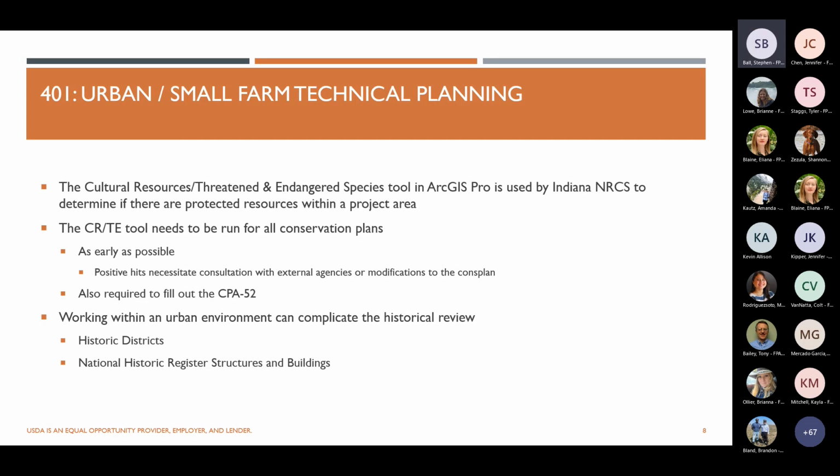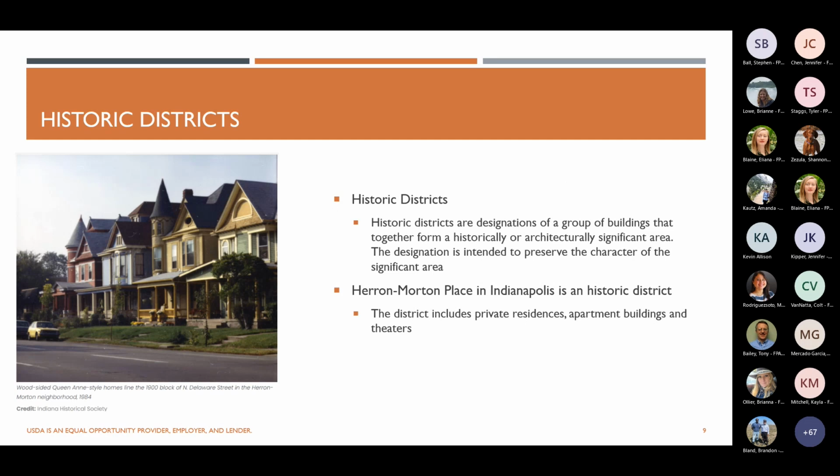But working with an urban environment can really complicate the historical review. Two of the main factors are historic districts and National Historic Register structures and buildings. Historic districts are where you've got an entire section of the city that has a special historic designation. This can provide tax benefits to the residents, but it can also limit what modifications you can make to the